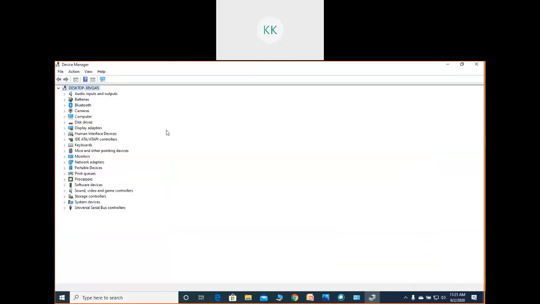Now if you see my settings, what are there? Audio is there, battery is there, Bluetooth is there, camera is there, monitor is there. Whatever different things I have used, all these things are already available there. So this one. Next,